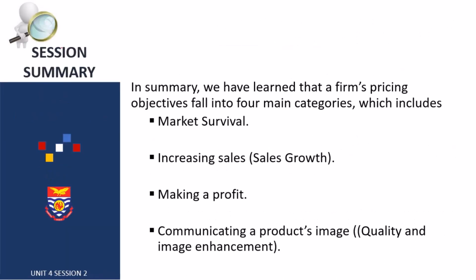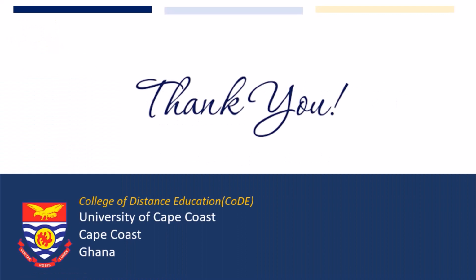In summary, we have learned that a firm's pricing objectives fall into four major categories, which include market survival, increasing sales, making a profit, and communicating a product image, that is, quality and image enhancement. This brings us to the